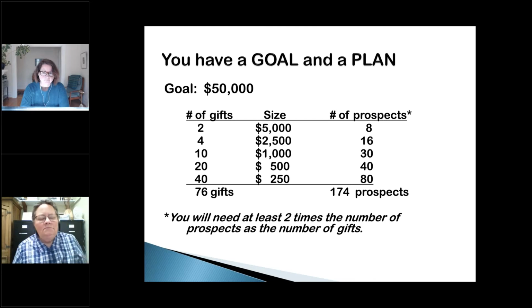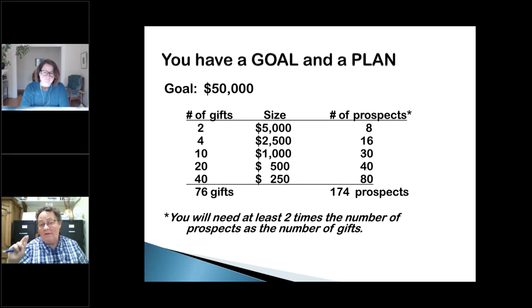This is like drawing a map to your house on the back of a napkin. It's not to scale or anything. But the point is that if you can get that top 30% of your goal from about 15 or 16 people, you have a very good chance, a 90% chance, you will make your goal, because there's something very magnetic about those big gifts. So that's why we want to focus on those.